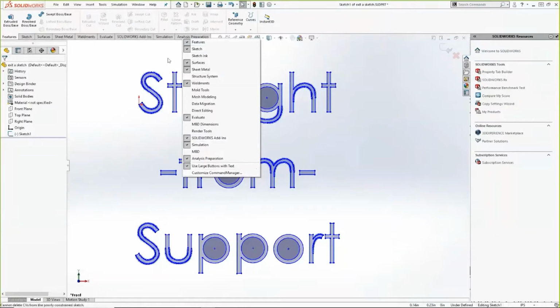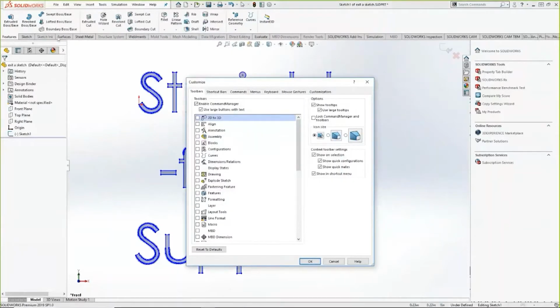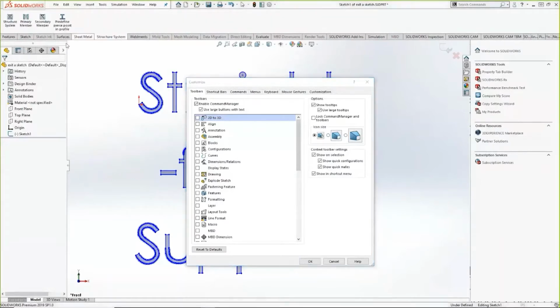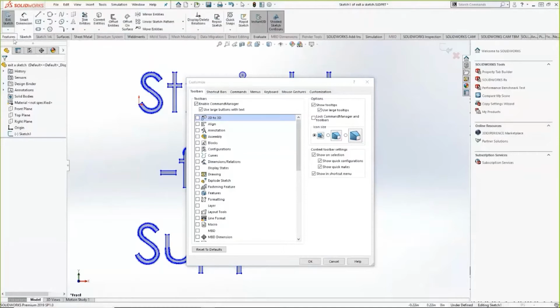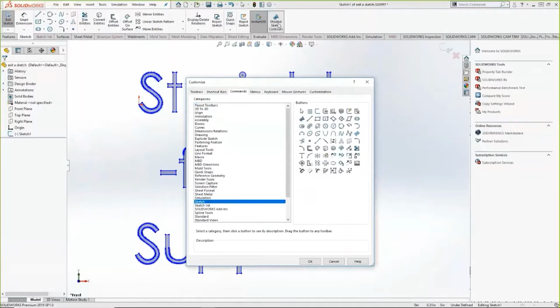Another thing that we can do from this right-click on a tab is we can customize the command manager. So notice that now every possible tab that I have is up here and available for me to turn on or off. But something else that's pretty cool is I can go into my commands, and I can actually drag different commands up into my tab. So I'm looking at my sketch tab. It has most of what I want up here already, but maybe, for instance,